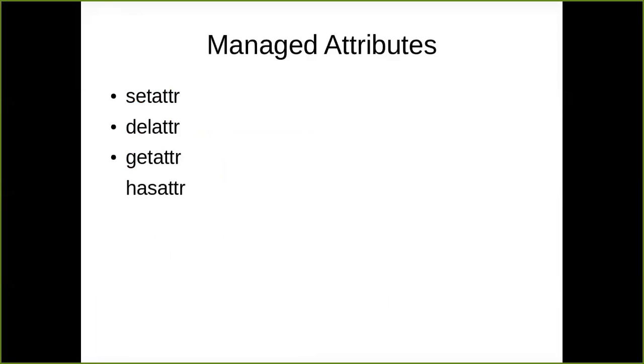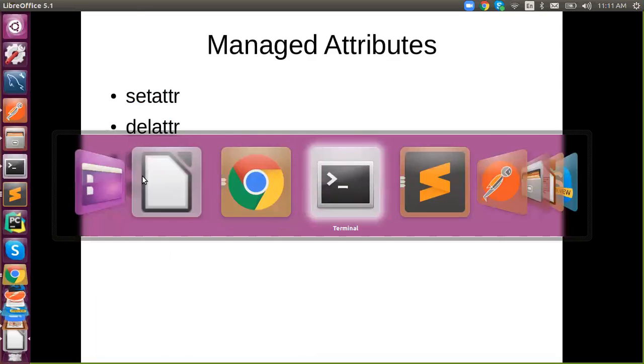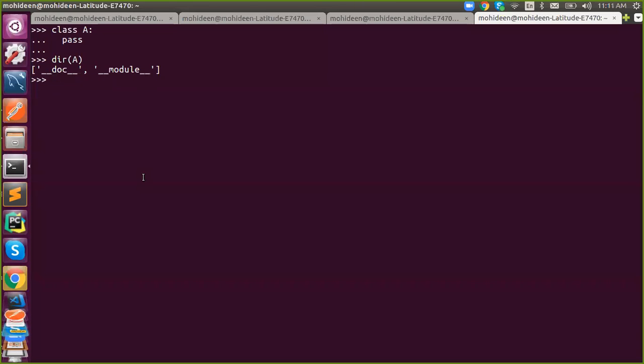So we have four things: setattr, delattr, getattr, and hasattr. If you want to add something, create a method or anything outside and feed it back.